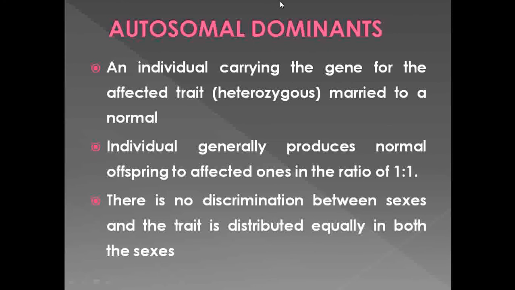Then next we see what is autosomal dominance. Okay. So in the autosomal dominant type of trait, if one parent is affected, maybe male or female, and gets married to a normal male or female, there is a chance of transmission of that trait of 50-50%, meaning the ratio of transmission is 1:1. So these autosomal dominant traits get transmitted generation after generation. There is no skipping of any generation.